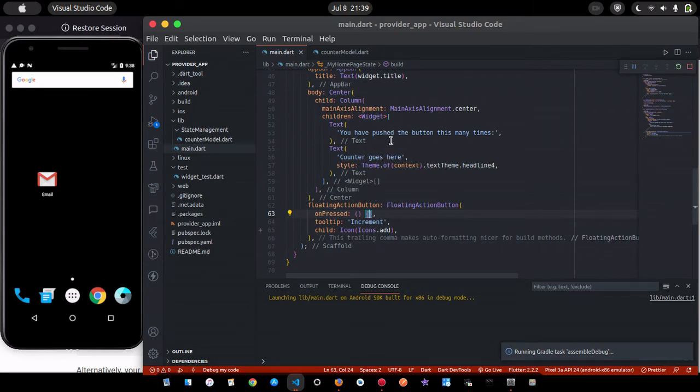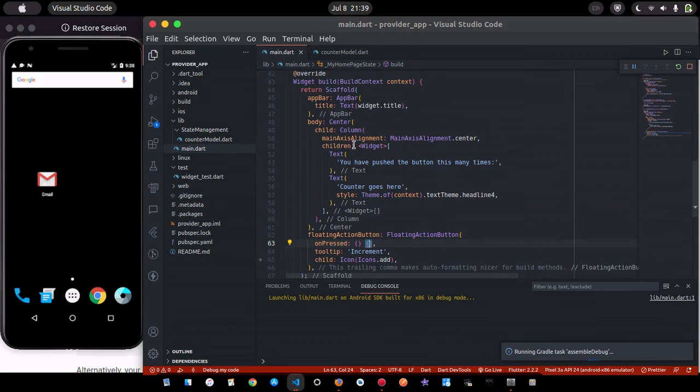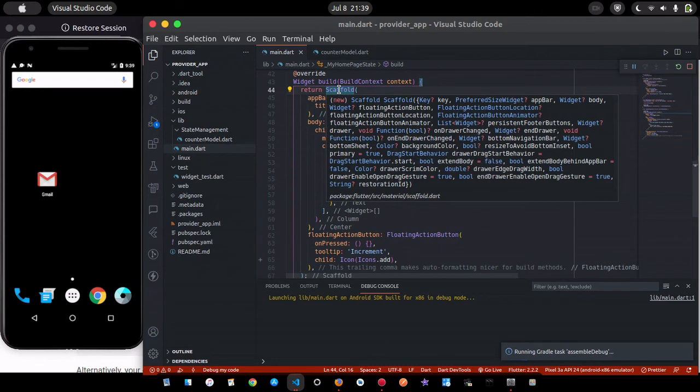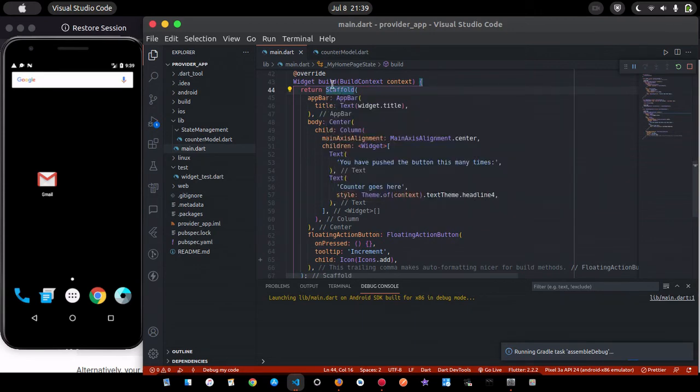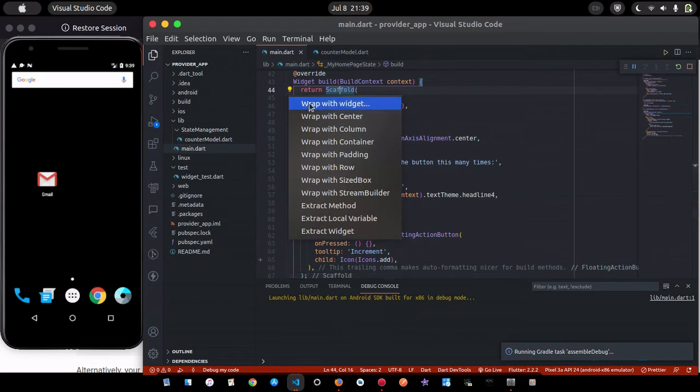There is no better widget that we can wrap with so that this floating action button will be able to access it. The only widget that is above all is the scaffold widget. So the best place I think we can put this now is the scaffold widget, because we want all of them to access it. So I'm going to wrap this widget with the